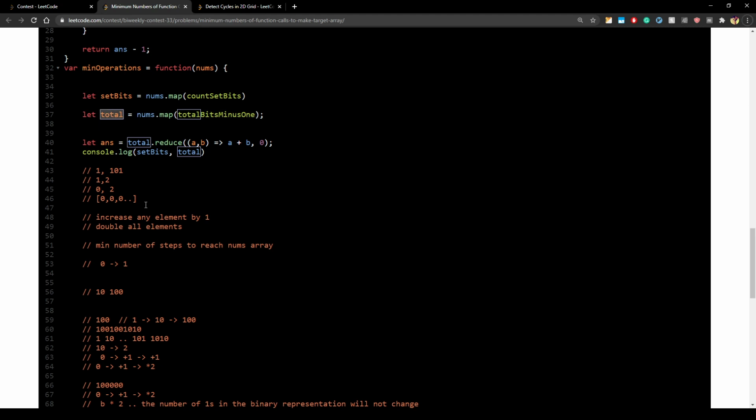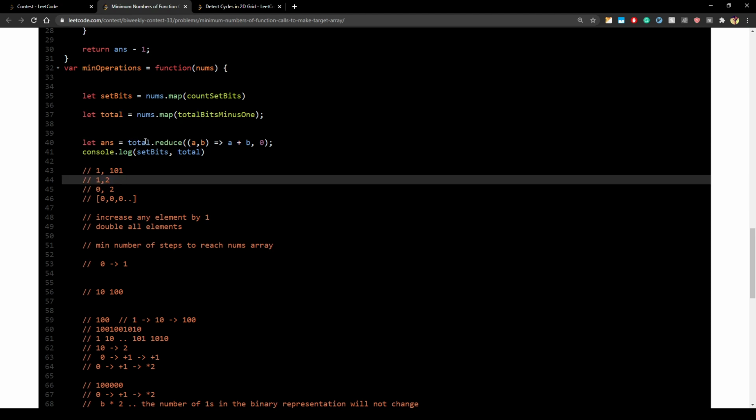The second thing to observe is when we are looking at the set bits. So I think I did it wrong, because this is the set bits.